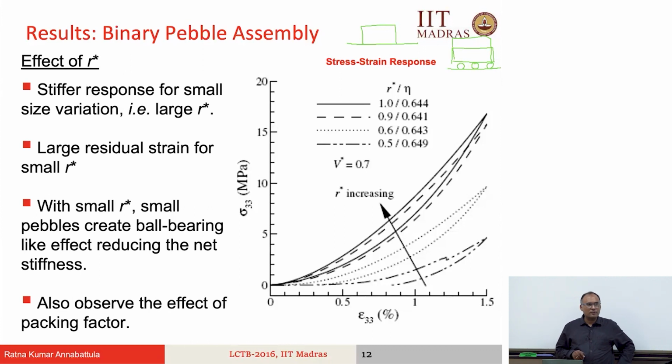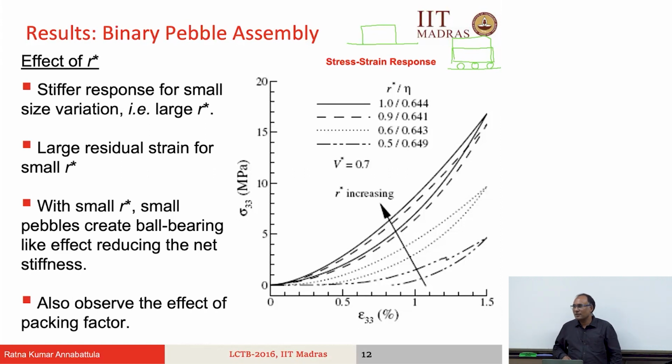First one or second one? Second one is obvious, right? Yes or no? So now, when you have large particles and small particles, these small particles amongst large particles will give you something called a ball bearing like effect. So although the overall packing fraction is large, these small particles sitting in the interstitials will act like a ball bearing, and hence the overall stiffness of the system is reducing, because the motion is easier when you have